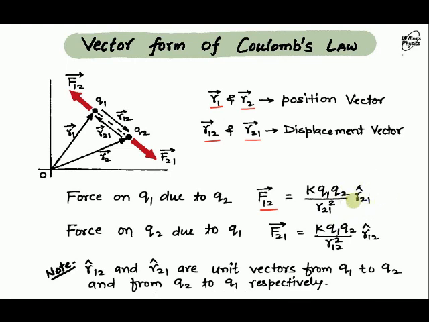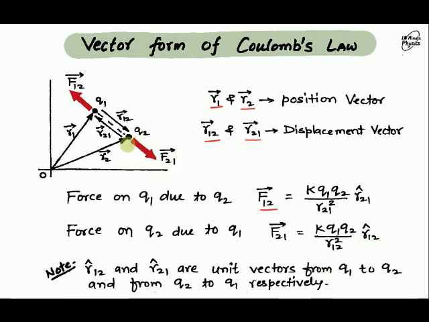This is the difference between scalar form and vector form. In scalar form you just wrote the distance, the separation between the two charges, that is r square, but in vector form you will write the direction also, in which direction the force is acting. So here the force direction is from charge q2 to Q1. So that is why here it is taken as R21, and here R21 cap represents the unit vector.